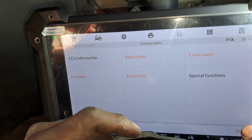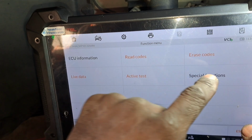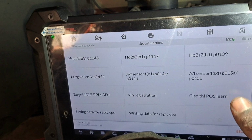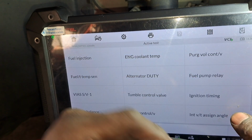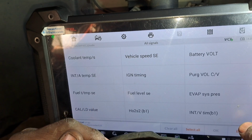Before I condemn a computer, I really need to be 100% certain that I'm testing this system properly, because the computer only provides a service. It tells the components what to do. That's all it does. Go back to exhaust cam angle, and I'm probably gonna have to edit this out because